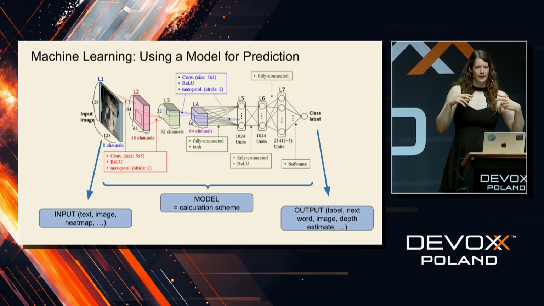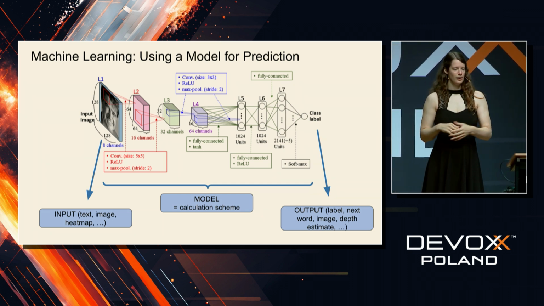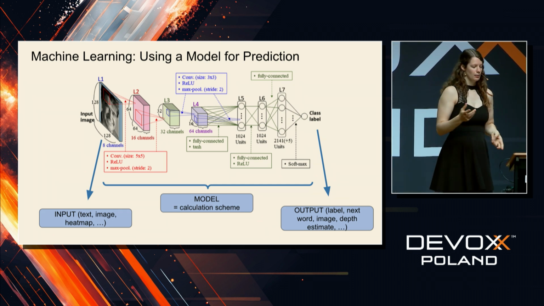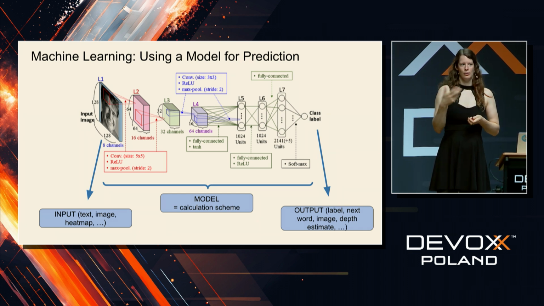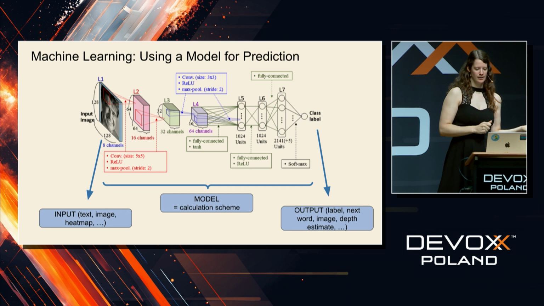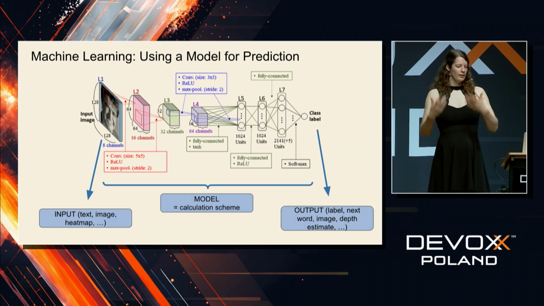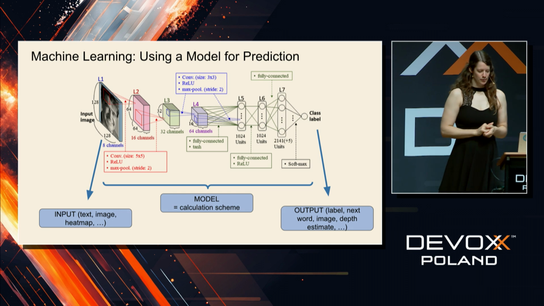You can send in anything that you can think of: images, text, those are the typical ones, voice recordings, but also, say, a heat map or a microscope image, anything you can think of that you can digitalize. You can also get out of it anything you can think of. If you train a model to do so, it will do so.